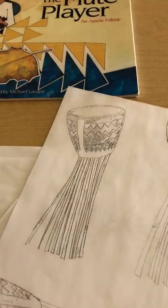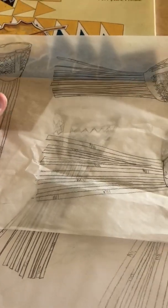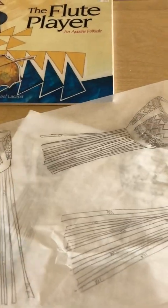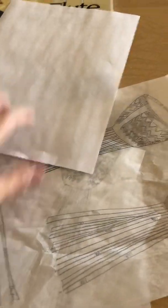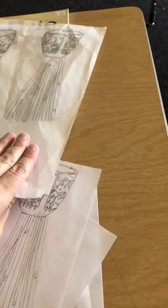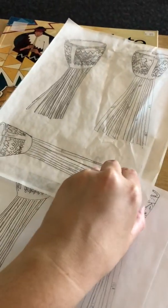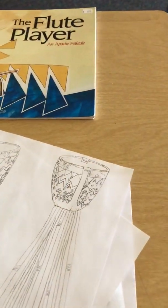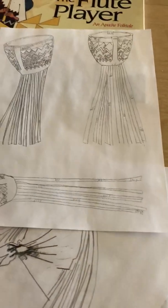And so what I did was I used tracing paper, and I lined it up to a picture that I liked in the book. I traced it, then I went to the copier, I put a white piece of paper down, and I put the tracing paper right on top. And then I flipped it over and made a copy of it. And then that's how I got a nice clean copy of the